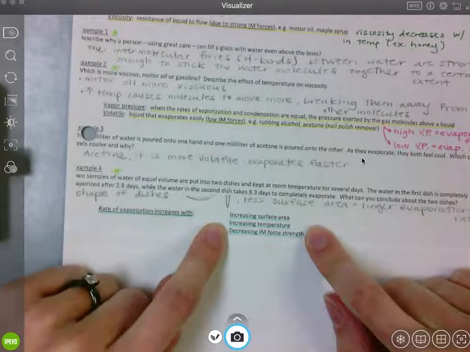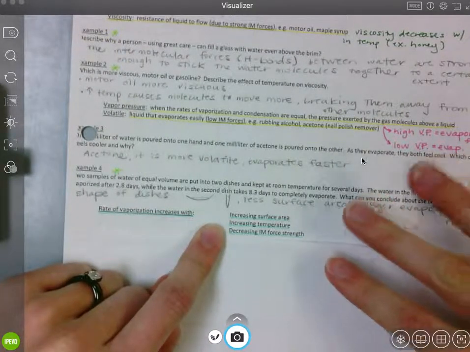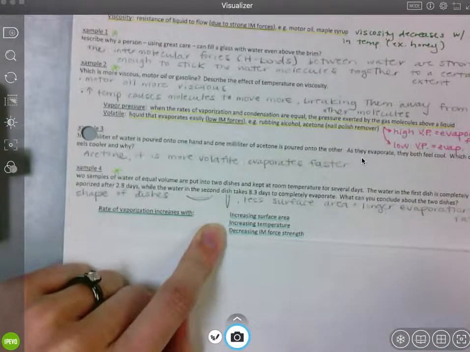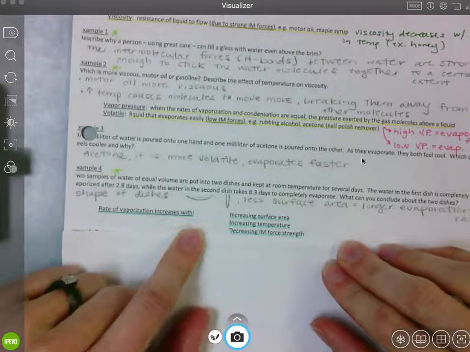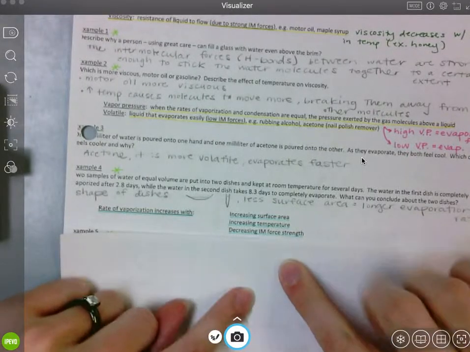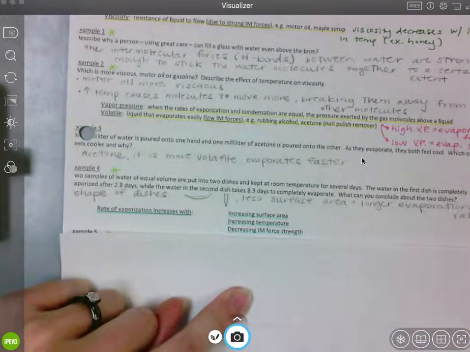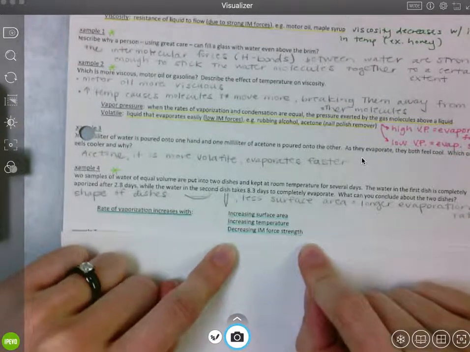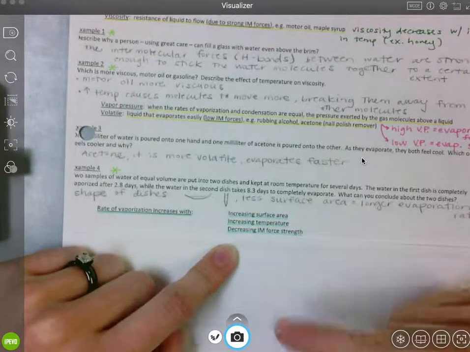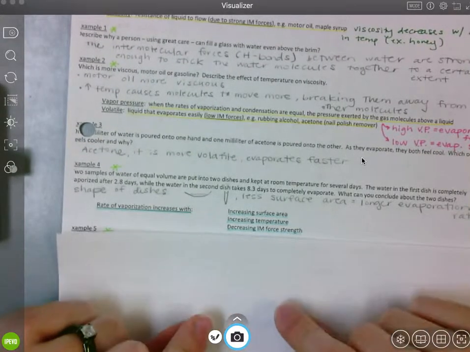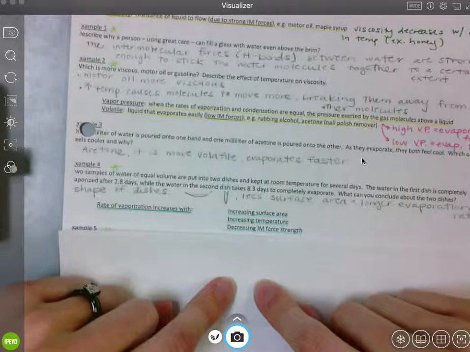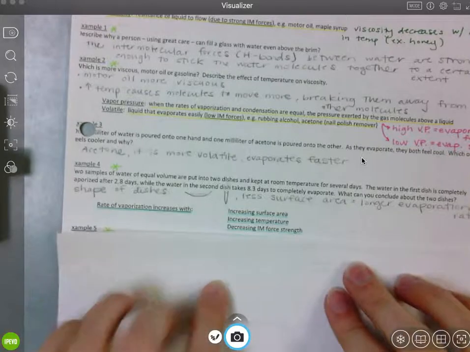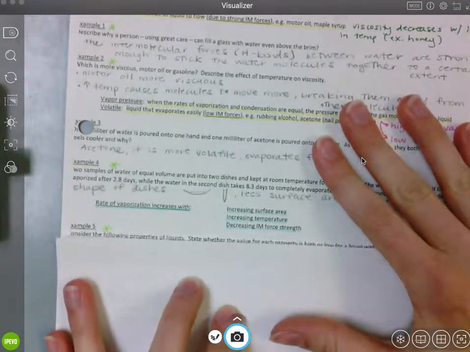Increasing temperature, the heat, is going to cause our molecules to move faster, breaking intermolecular forces between molecules, which means that the liquid molecules are going to let go of their friend, who's going to go be a gas molecule, a lot easier. And then decreasing intermolecular force strength. So if we don't have a really strong hold between two molecules, they're not holding hands really tightly, then they're easily going to let their friend go to be a gas. Okay, so we do need to know those